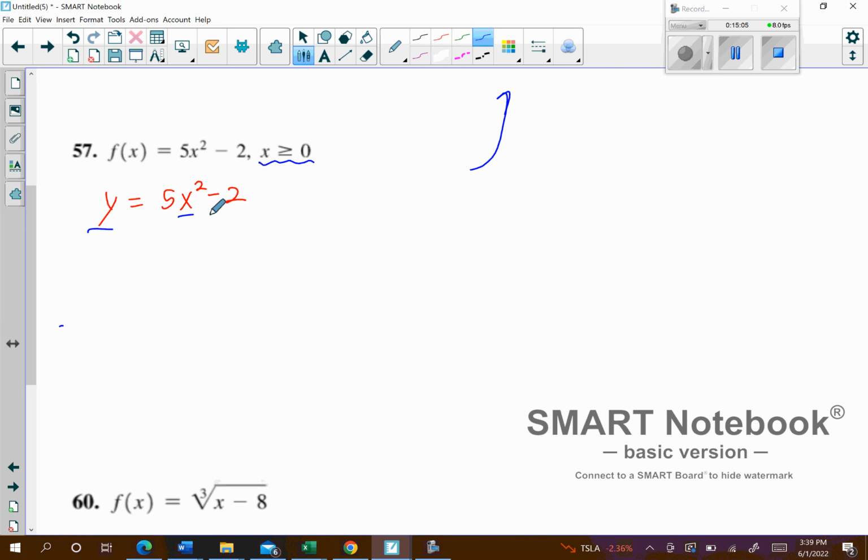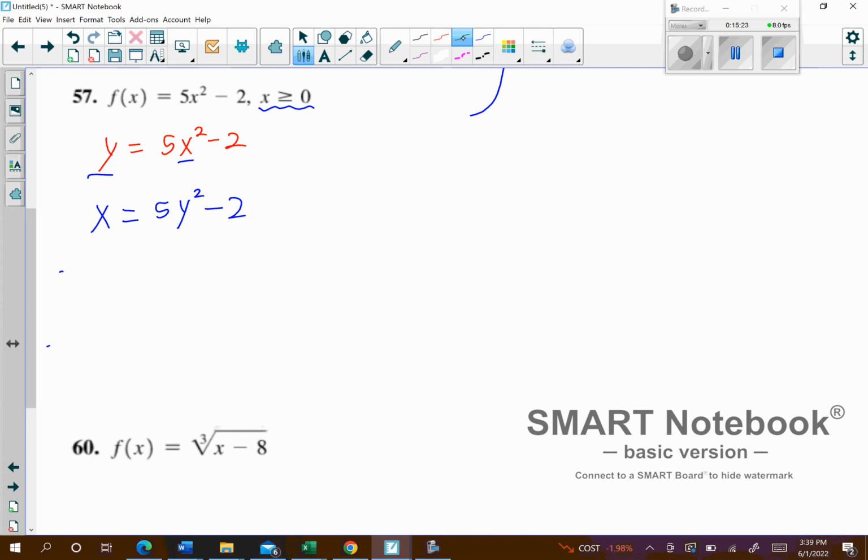Then we're going to switch the y to an x, and then the x to a y. Everything else stays where it's at, including the power. So don't move the power, okay? All right. And so then